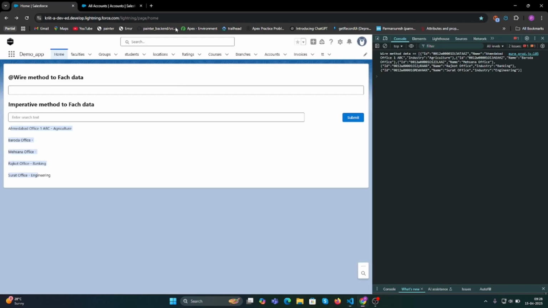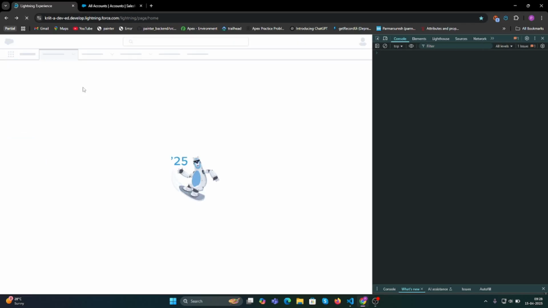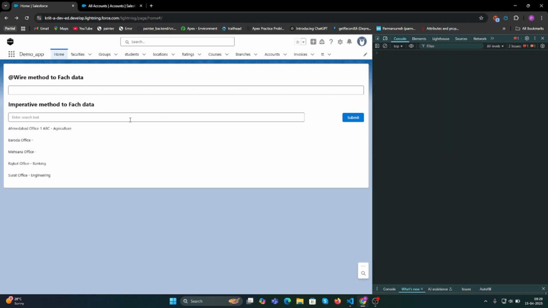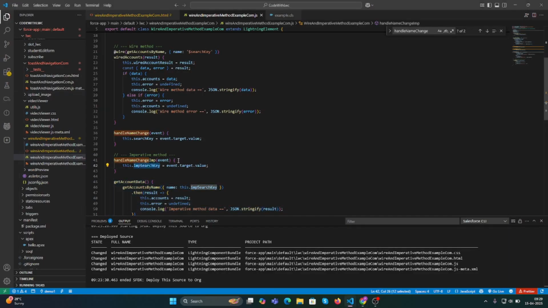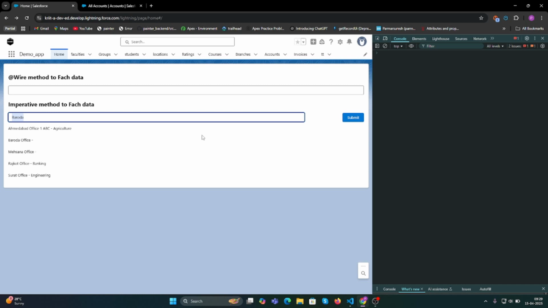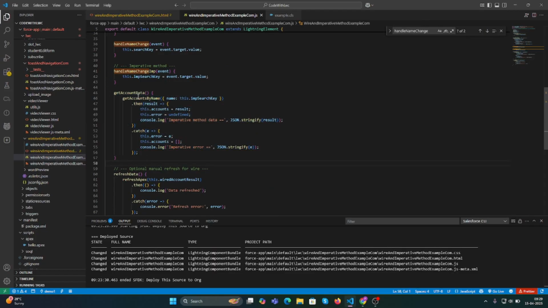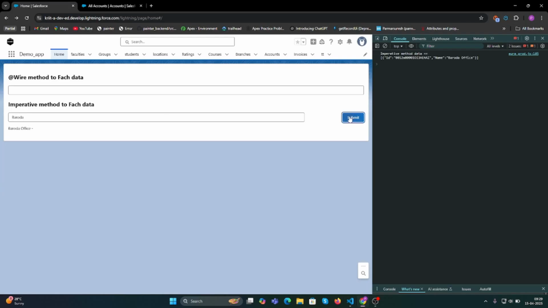And now check how it works. So the first time we load the LWC, all our account data is displayed. Now we write Baroda. So Baroda is stored into my search key, but it does not fetch the data because we are not calling the imperative method right now. But when I press the submit button, this code will run, and when I press the button you can see our imperative method will be called,